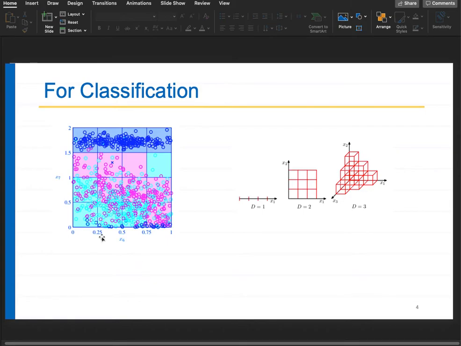For example, the example they have considered here is you divide the whole space into blocks, in this case 16 blocks of 4 by 4. You divided the whole space uniformly into cells or blocks, and each cell was assigned one label. The top 4 cells are always navy blue, these cells are pink, and these cells are always turquoise or sea green. But if you want to do this same method for, let's say, 3 dimensions now, the number of cells will become how many?